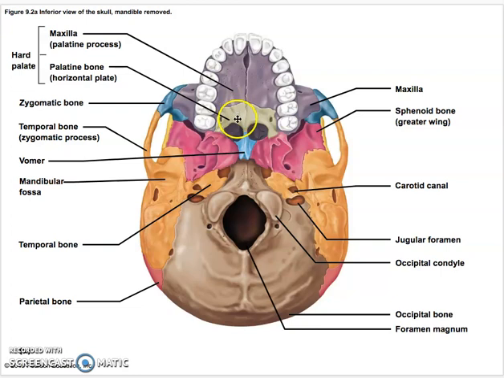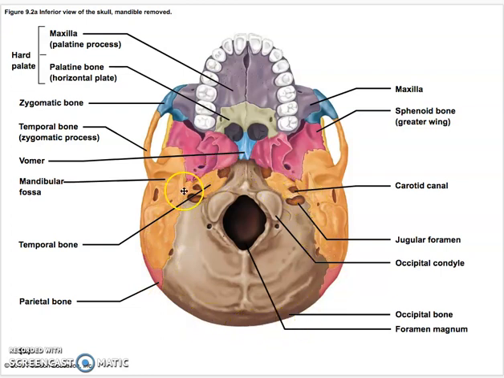We're going to go back a little bit, and a bone that goes from the lower portion of our nose up into the nasal cavity, partially separating it, is called the vomer, and we'll see the vomer a little bit more. And then back here we have the occipital bone,